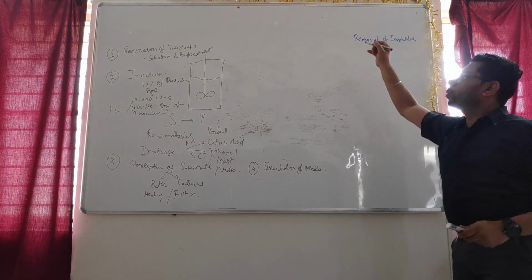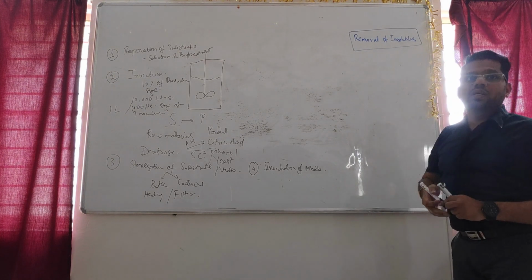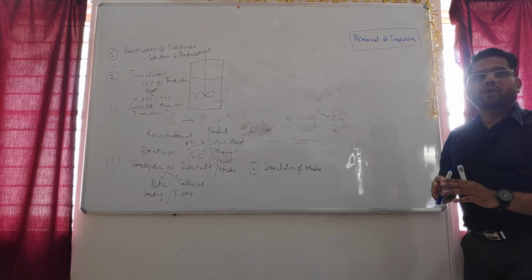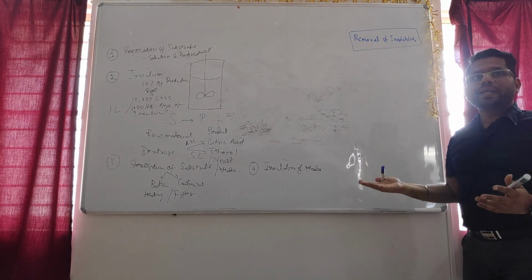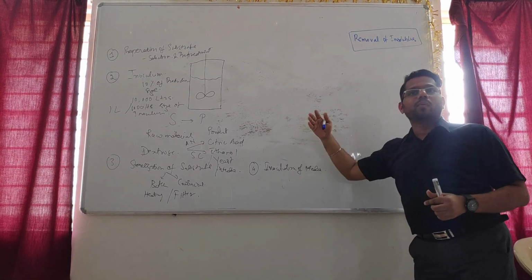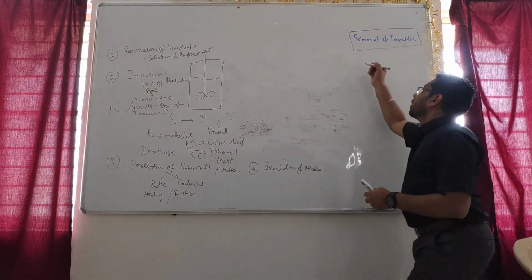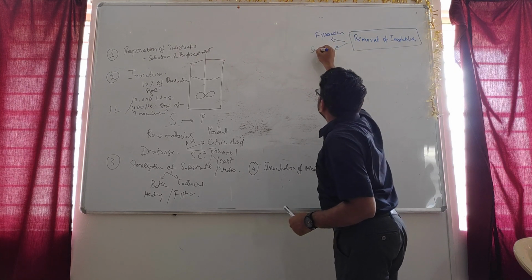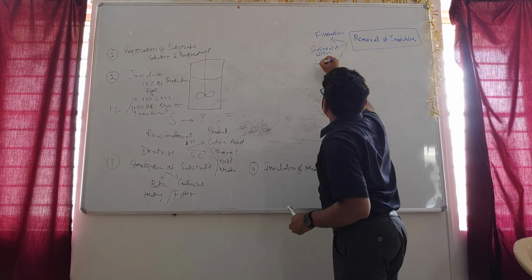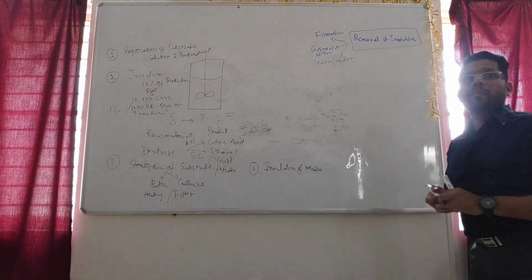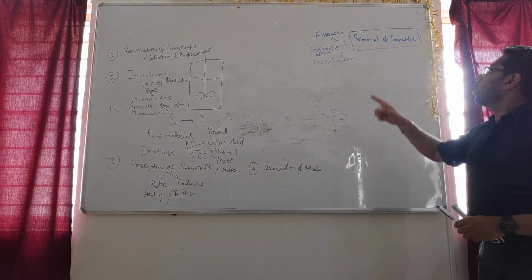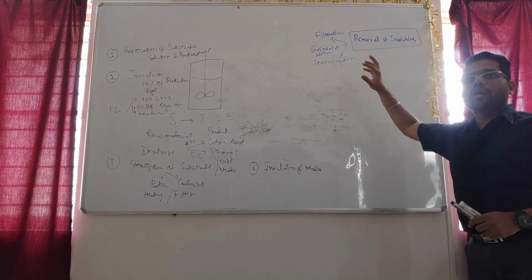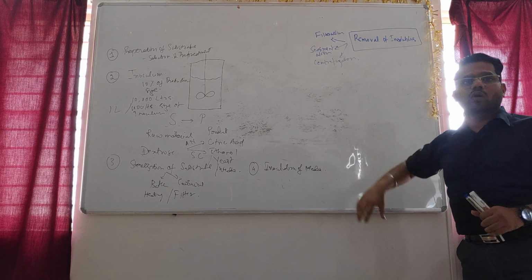What is the removal of insolubles? Removal of insolubles means removing the insoluble component from the production broth or from the fermented broth. What are the different techniques that can be used to remove insoluble components? You can use either filtration, sedimentation, or centrifugation. So all the three methods are methods of removal of insolubles. Through all the three methods, you can remove the insoluble component from the fermented broth.